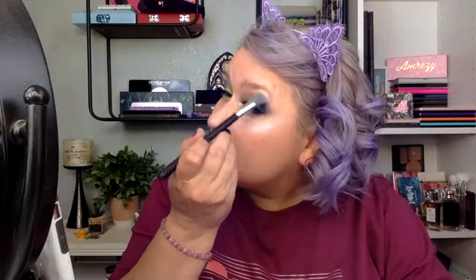Which ones? Which brushes? These? The Moda brushes? Yes, I'm going to put this up on my...